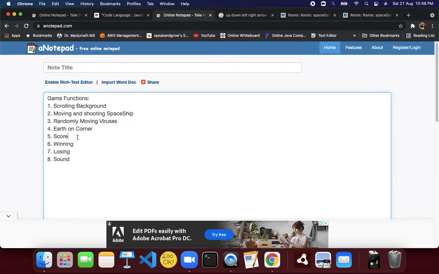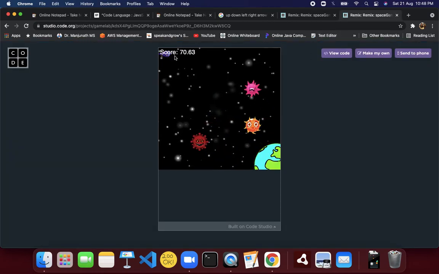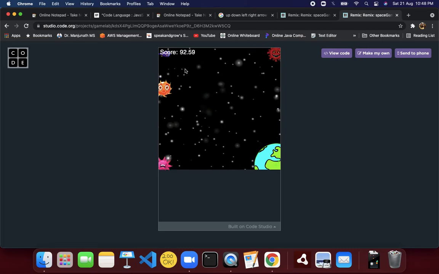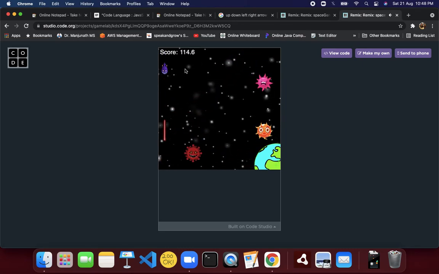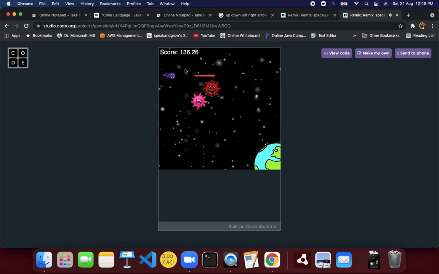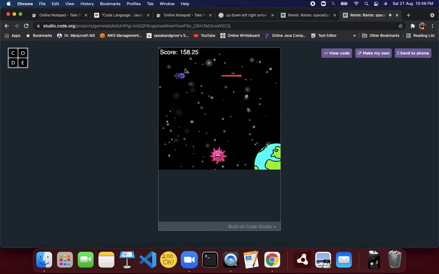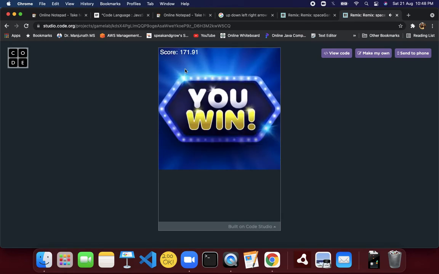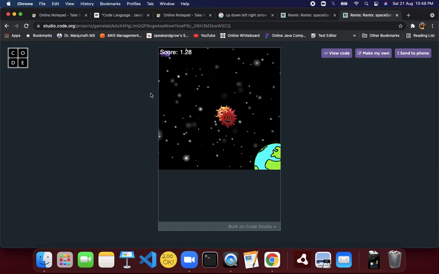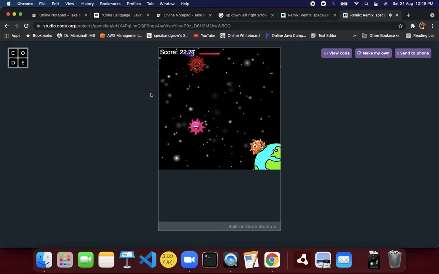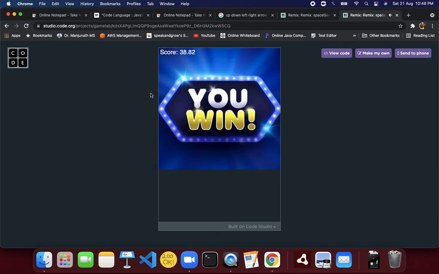Scoring system. Okay, the fifth is the scoring system. If you see here, we have the scores, right? It's actually as minimum as good. As soon as you shoot them, that is the winning thing, right? My minimum score has been just 35, and it's up to you how fast you can shoot, and that is the fun of the game, isn't it? Though don't judge me. See, 38 seconds now. So this is the scoring system.